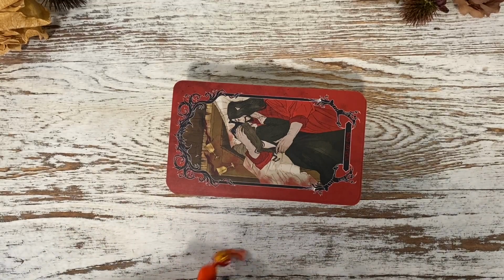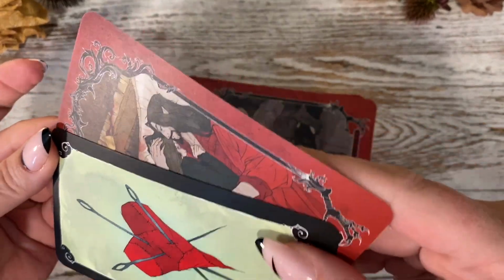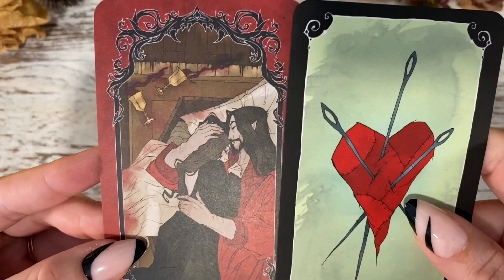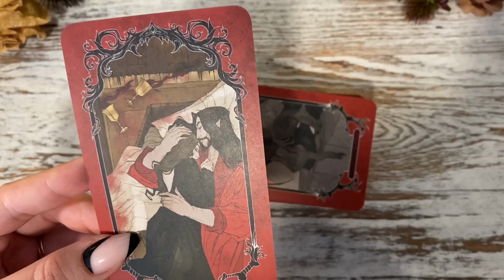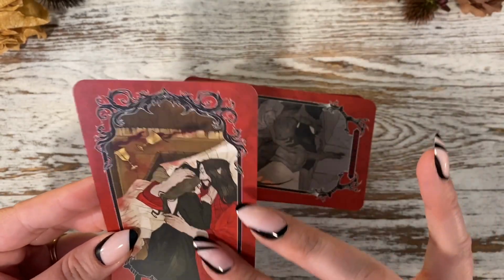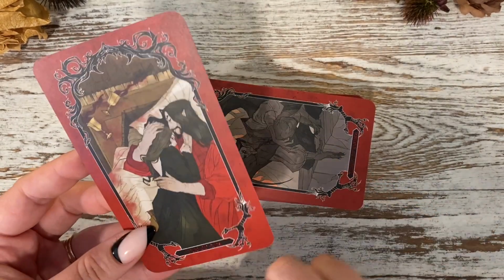Okay. So here's The Nightmare Before Christmas. And yes, it has a matte lamination to it. I don't know if you're going to be able to see the difference really in it. Does that make sense? Do you see there's a lamination on this one? And this just looks like it's printed on matte cardstock versus having a lamination over the image. So I'm wondering if that's going to affect not the longevity. I think that that's going to be fine, but